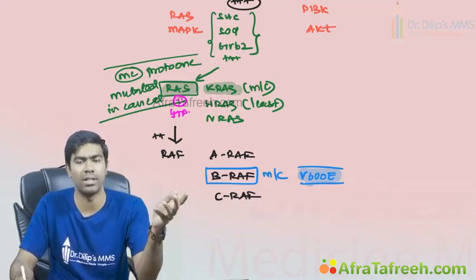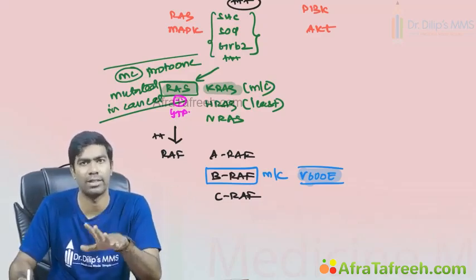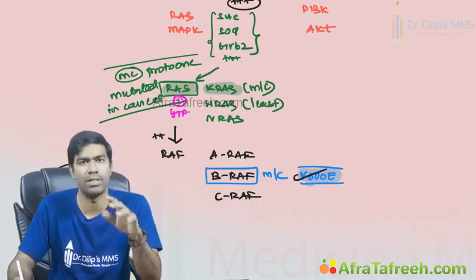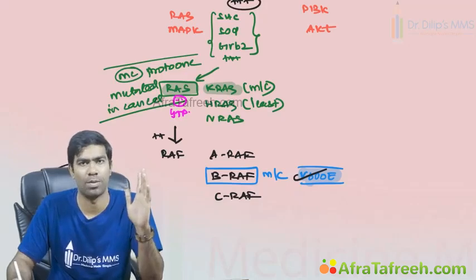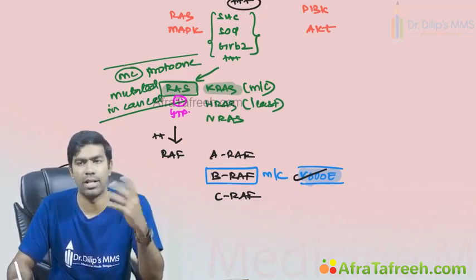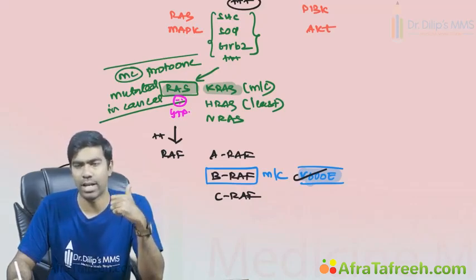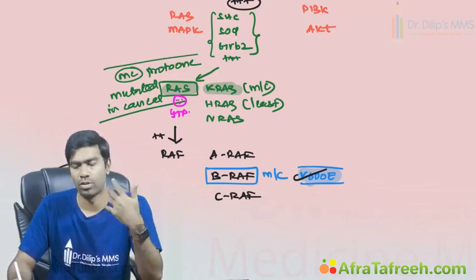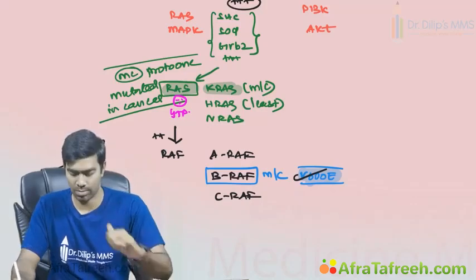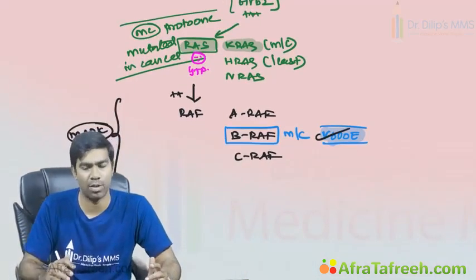Like it can be seen in melanoma. Melanoma is one of the very, very important mutations. The most important cancer that harbors this BRAF V600E mutation is the melanoma. That's the first thing that comes to your mind. Next, it can be mutated in Langerhans cell histiocytosis, then Erdheim-Chester disease, which you have seen in hematology. Then it can be mutated in many lung cancers. It can be mutated in many colon cancers also. So a lot of cancers may show this BRAF mutation. It's the most commonly mutated gene among the RAF family of molecules.